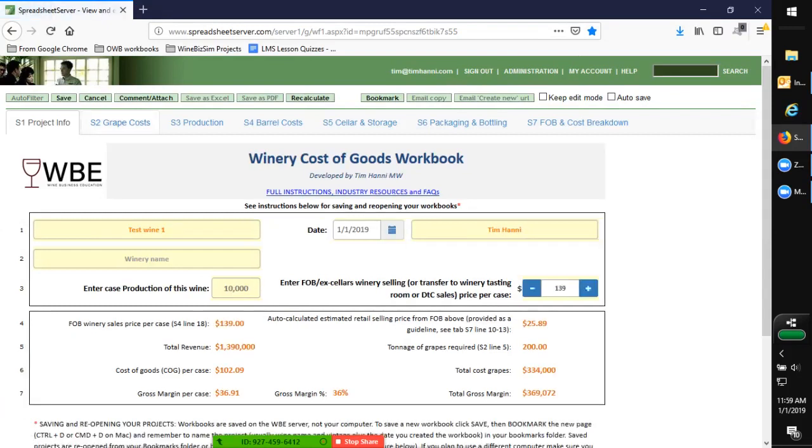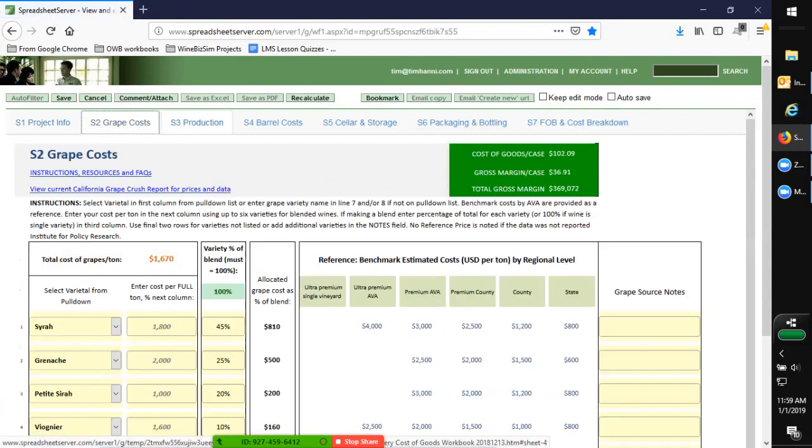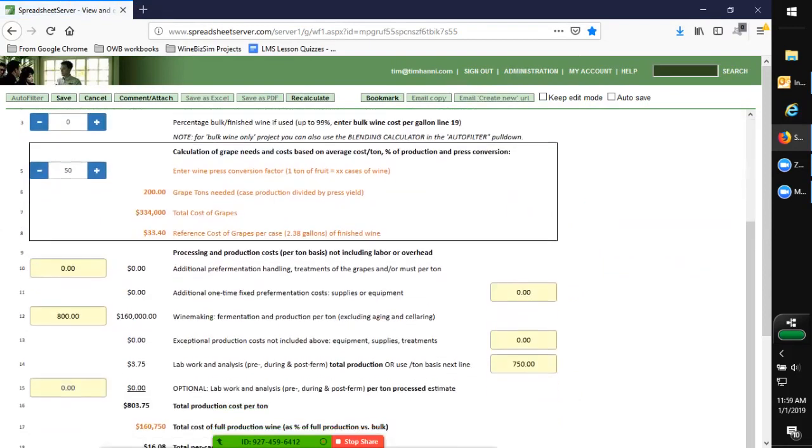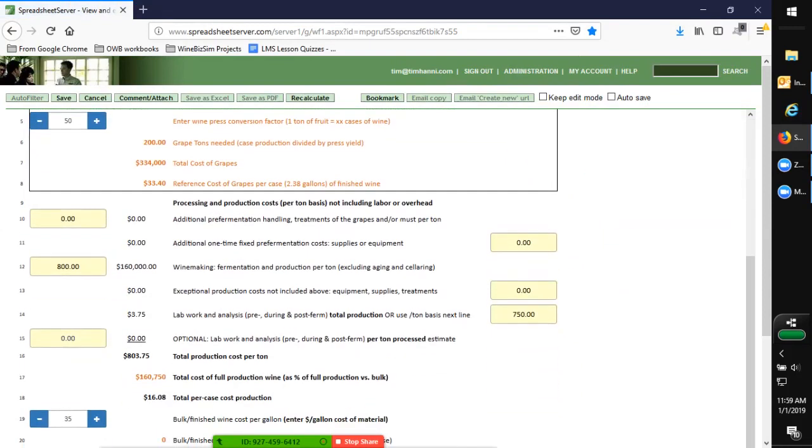So here we are in the project again. We've been through grape costs. We're into production. Some of these are very general numbers. The most important one being what is your cost, excluding aging and cellaring and package, for the fermentation and production